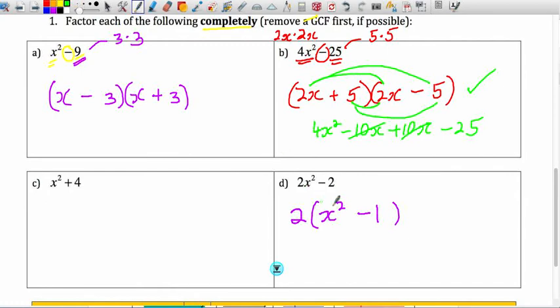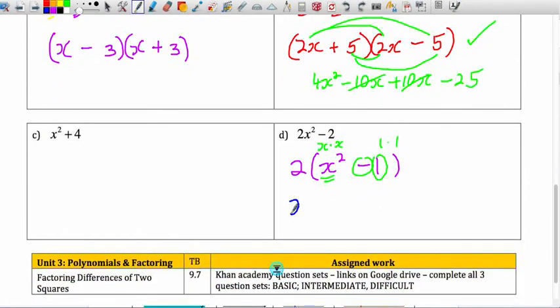If you then look inside those parentheses, x squared is a perfect square, 1 is a perfect square, and there is a minus in between, so inside the parentheses we have a difference of two squares, and that means we leave our 2 outside and we factor the difference of two squares inside. X by x, 1 by 1, 1 plus and 1 minus, and that has been completely and correctly factored. Last question is